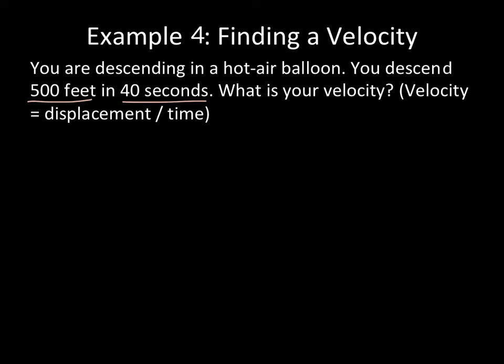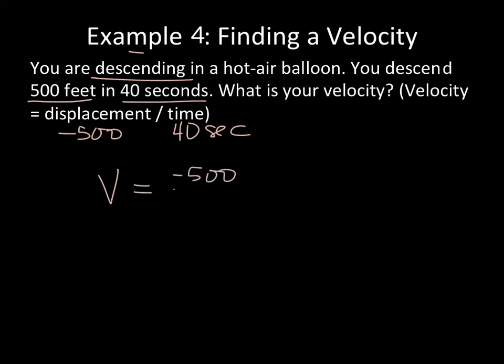So in this one, I'll say my displacement is not just 500 feet, right? It says it's descending, so I'm going down. I'm going to have a negative velocity. I'm going to have a negative displacement. So my displacement is actually going to be negative 500 because it's going down 500 feet, descending. Time is 40 seconds. We're always going to be careful with time because we want to make sure that we're in the correct units. So setting up my equation, V is equal to displacement, which is negative 500, over time,